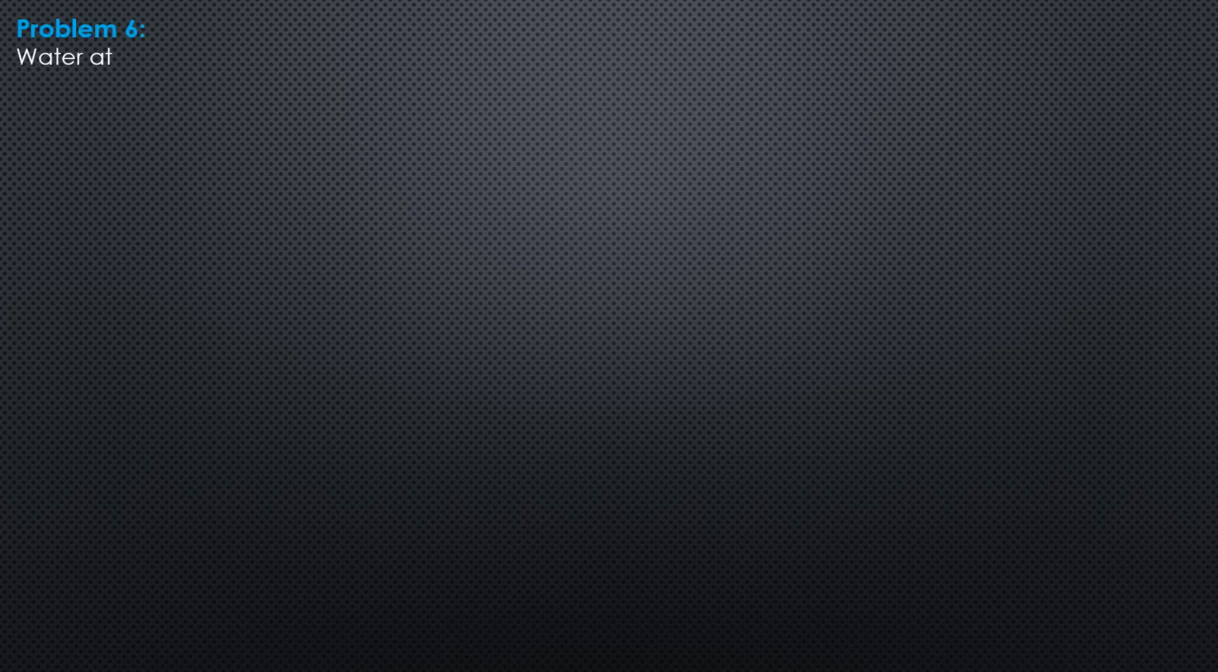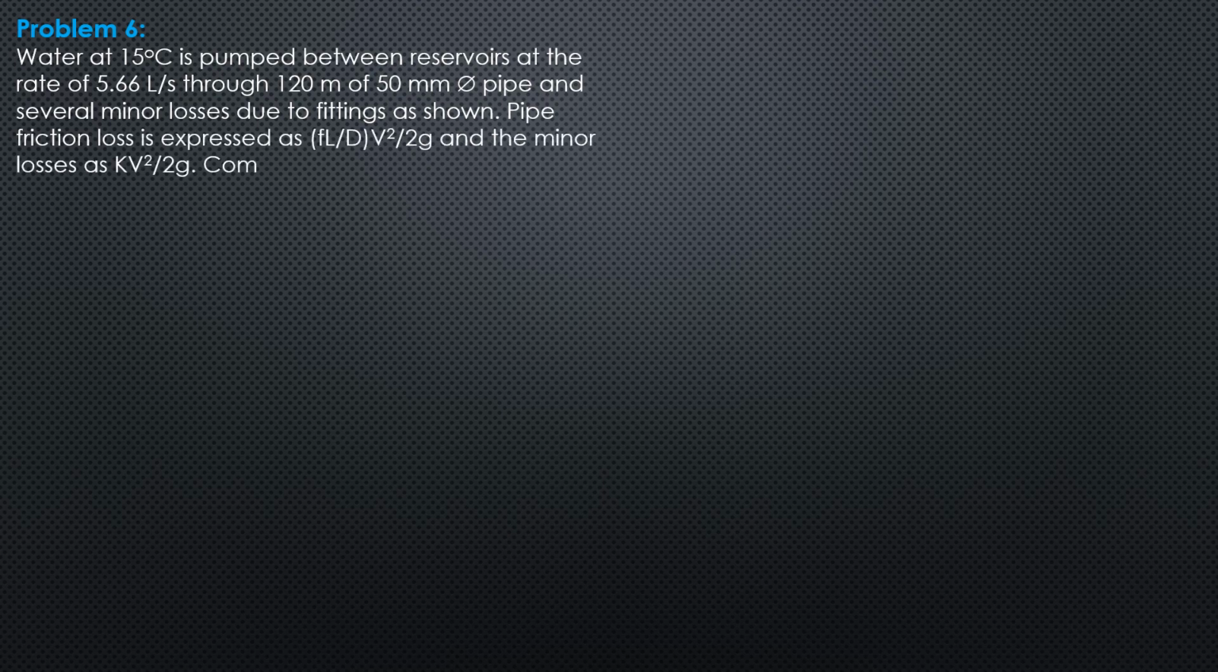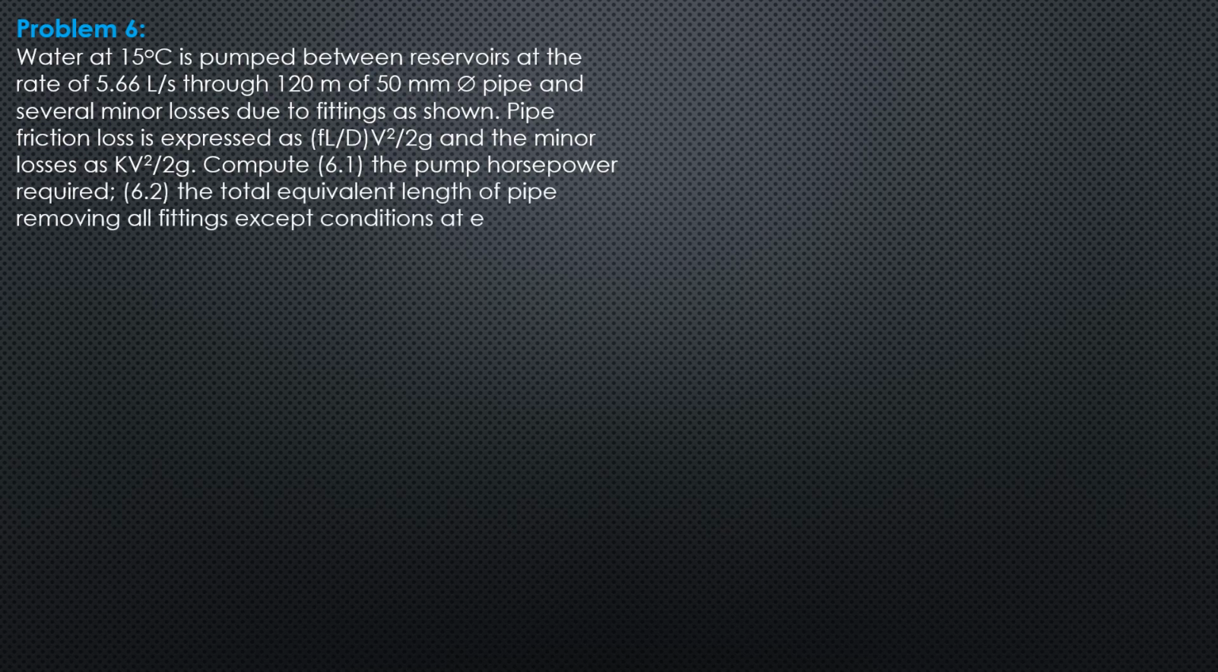Sample 6. Water at 15 degrees Celsius is pumped between reservoirs at the rate of 5.66 liters per second through 120 meters of 50 millimeter diameter pipe and several minor losses due to fittings as shown. Pipe friction loss is expressed as FL over dV times velocity head, and the minor losses as coefficient of minor